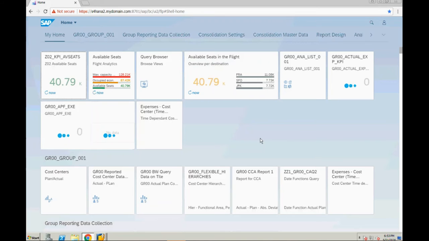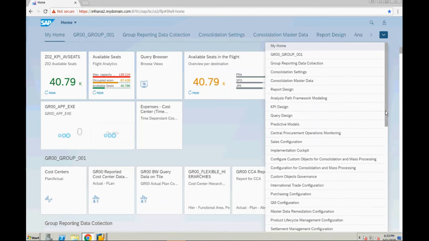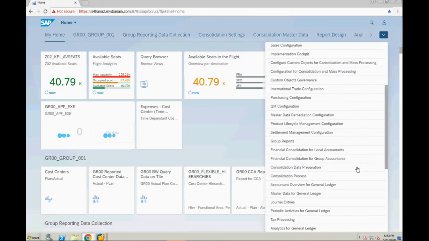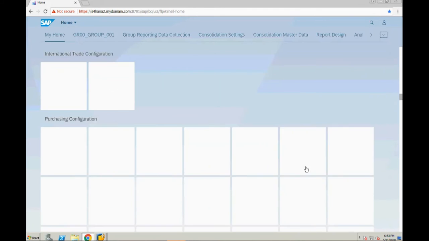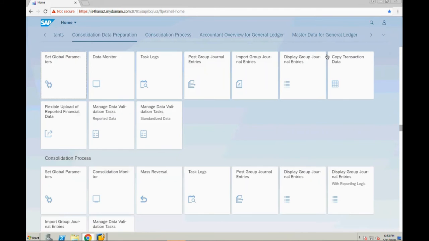Yeah. Now, there is one Fiori group called Consolidation Data Preparation. He will come here. The business user first tells the system whether he wants to execute IFRS consolidation or US GAAP consolidation.